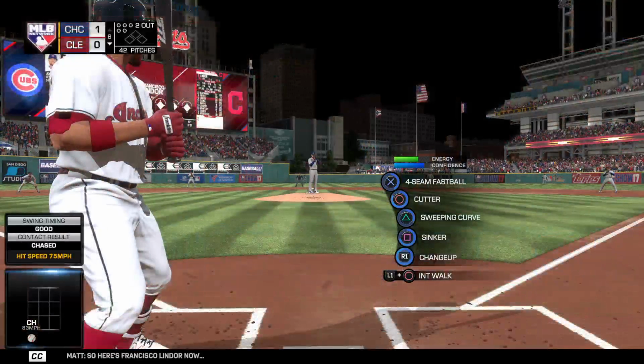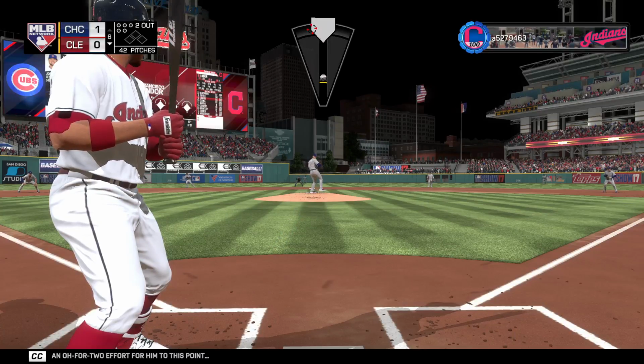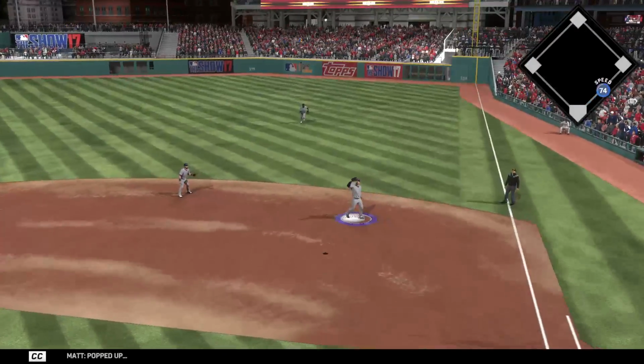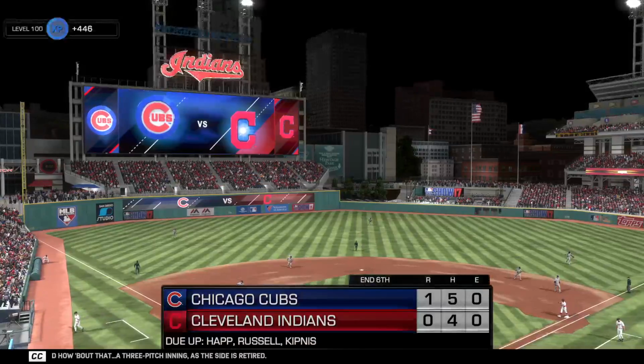So here's Francisco Lindor now. It's been an 0 for 2 effort for him to this point. Lindor. Popped up. Rizzo is there, and how about that? A 3-pitch inning as this side is